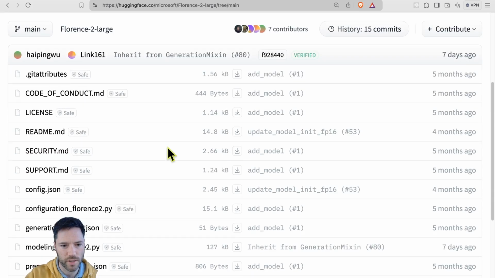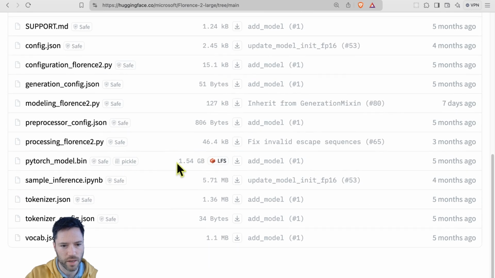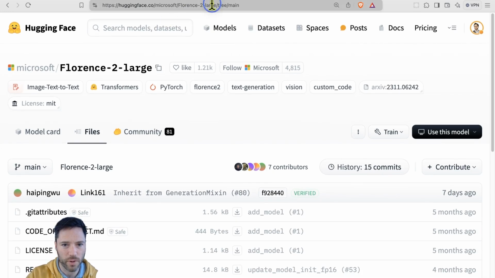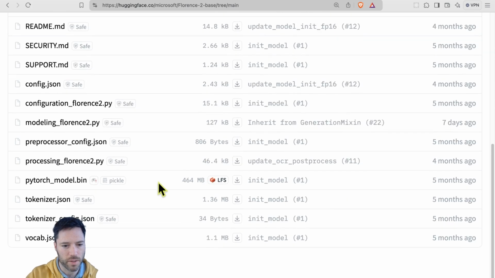You can see in the files that it's really not a big model. That's a PyTorch model of 1.5 gigabytes in size. And if we look at the base model here, we can see how big that one is. It's about 500 megabytes, so half a gigabyte. We're going to look at the base model in the free Colab notebook, and for fine-tuning later, I'll fine-tune the